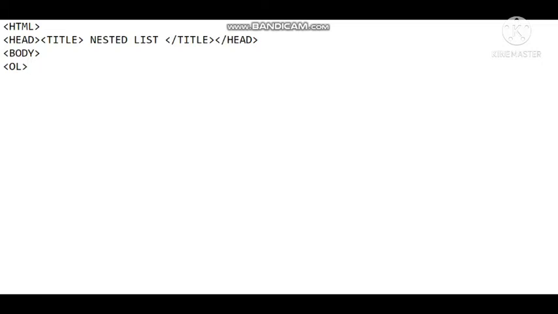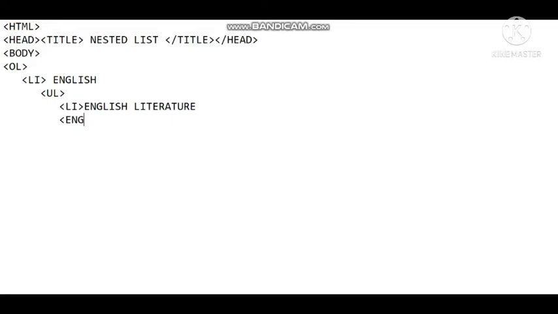Inside that, the first list item we have is English, LI English. We know that wherever English starts, after that we have one unordered list. So inside this LI part we'll start writing another list, that is unordered list, and inside that we'll write LI. What was the first one? English literature, and the second one was English grammar.